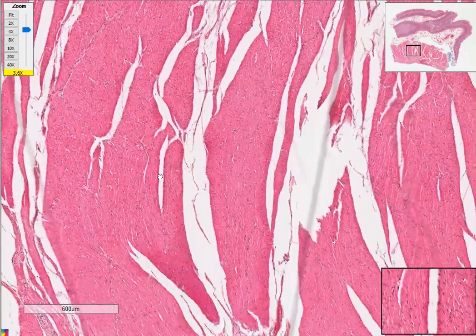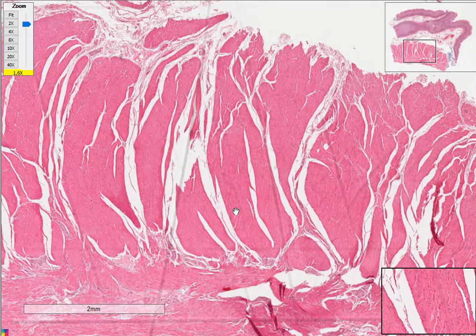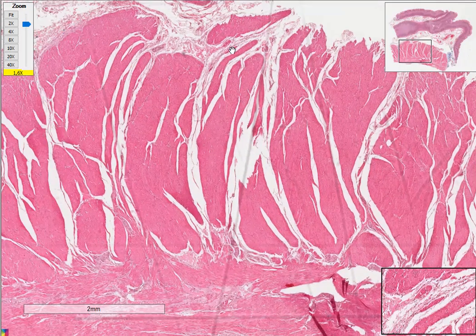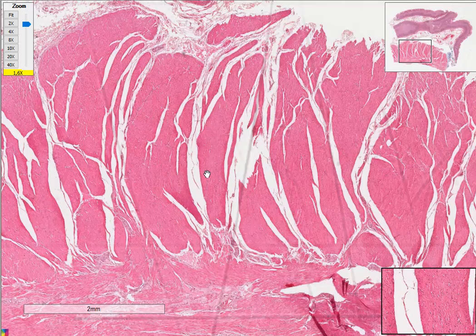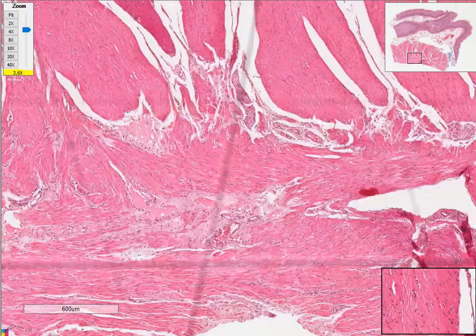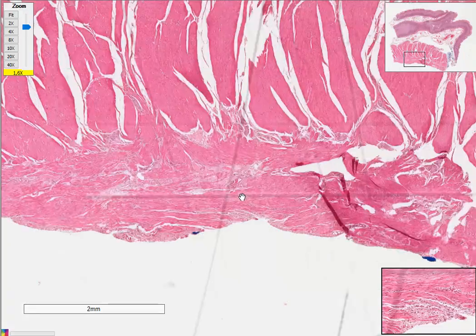Okay, it's going to be hard to identify that this is oblique and this is circular. Okay, but this is an oblique, middle circular, and outer longitudinal. I think the outer longitudinal is much easier to identify because you can see